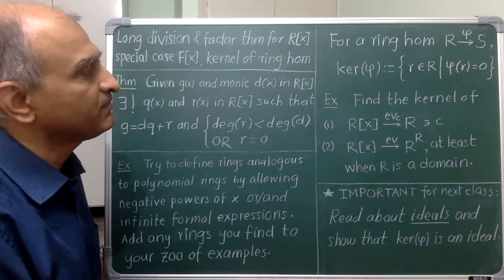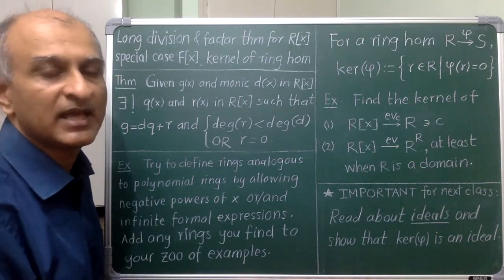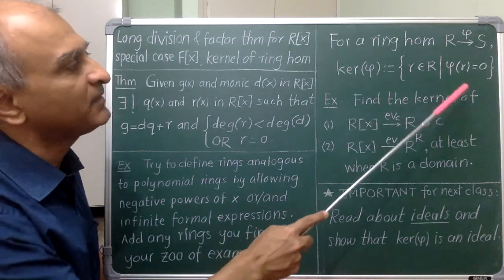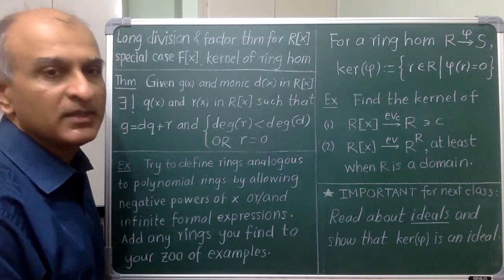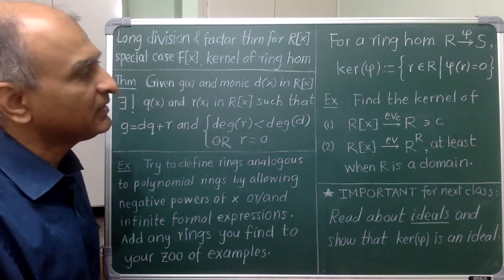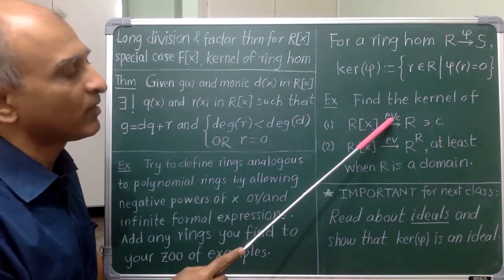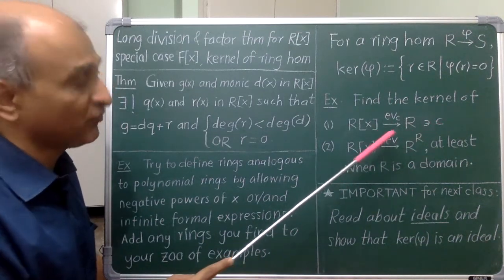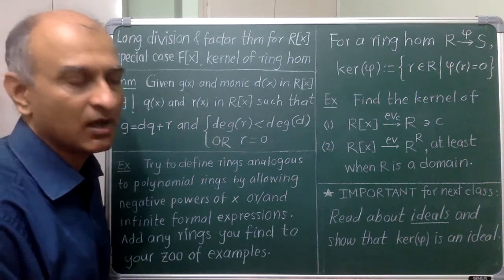A ring homomorphism is in particular a homomorphism of additive abelian groups. Therefore, it will have a kernel. By definition, that is the set of all elements in the source that are mapped to 0 in the target by the homomorphism. This is going to be a subgroup of R under addition. In the example, I have asked you to find explicitly, as much as possible, the kernel of two ring homomorphisms. The first one is evaluation at a given constant c in R of a polynomial, and the second map takes any polynomial to the function that it defines on R.